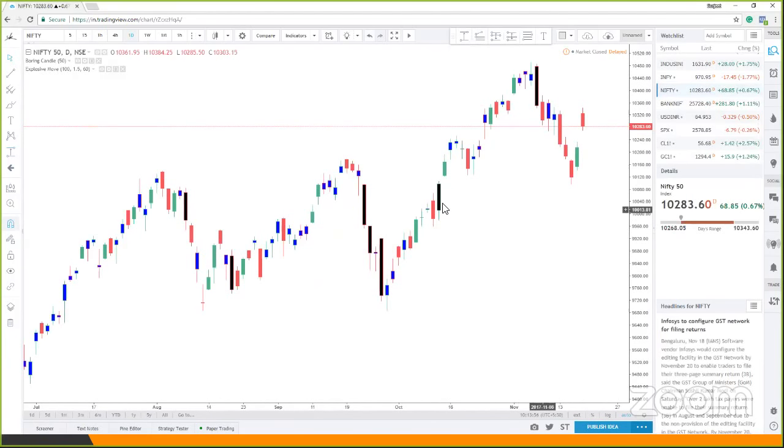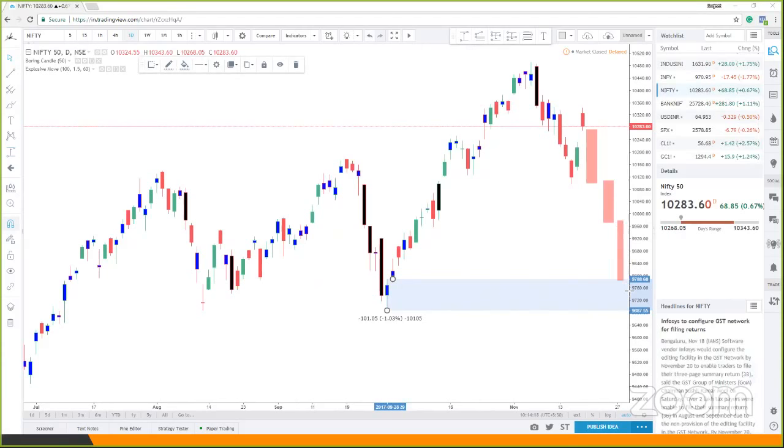Now, as an example, like we just discussed that on Nifty, we would like to be a buyer at this price. Now, we can only be a buyer at this price provided Nifty starts doing something like this. Just give me a second. All right, I'll show you. So I can only be a buyer at this level only if Nifty starts doing something like this. It starts coming down, right?